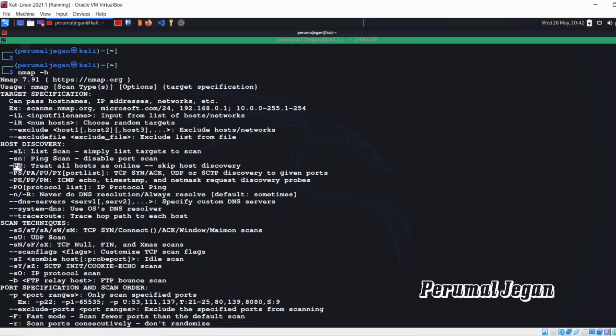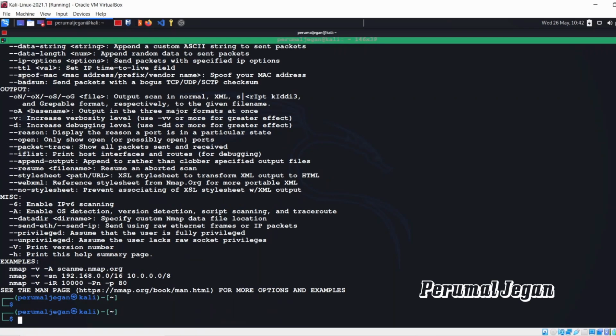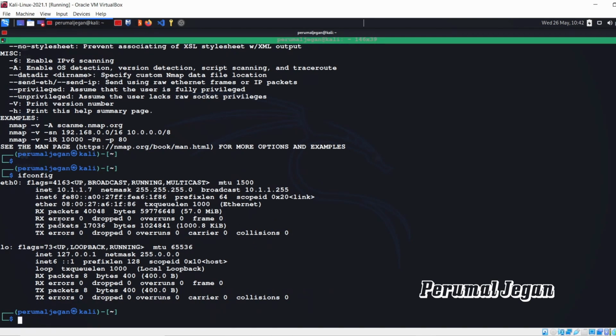Okay. Now let's try these two, -sn and -Pn, and see what happens in our network. Once again, my network is 10.110.0.0/24. Here is the command: -sn and my network 0/24.